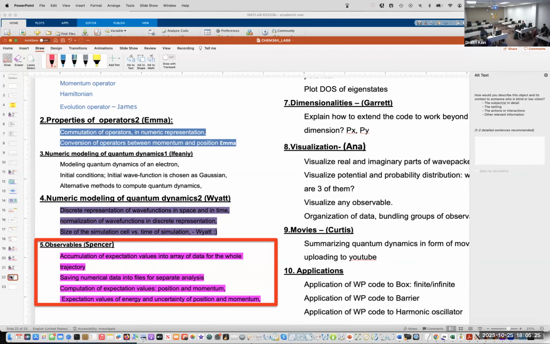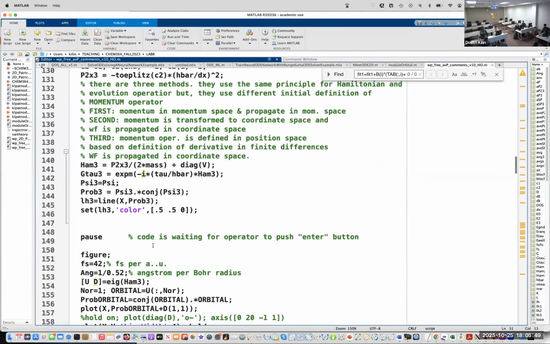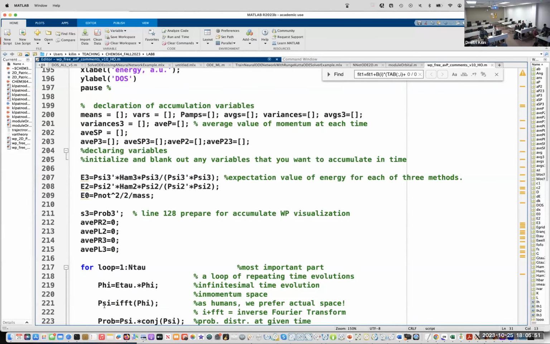Spencer. Accumulation of expectation values into array of data for the whole trajectory. I think we already did it. Let me retell this story once again. So I'm looking for the main loop.